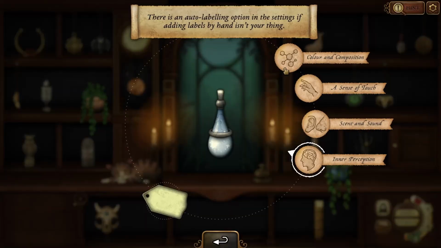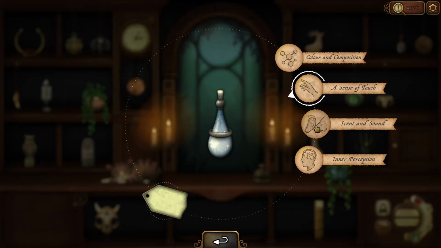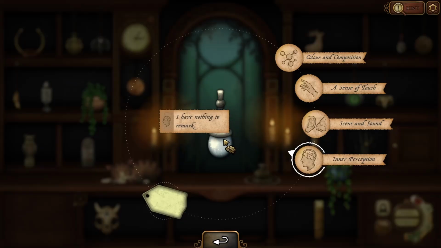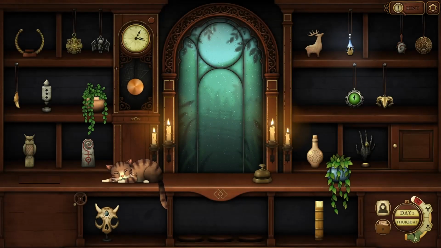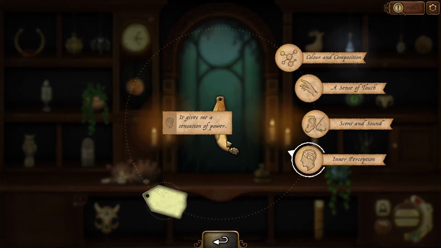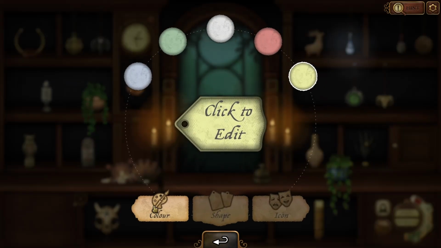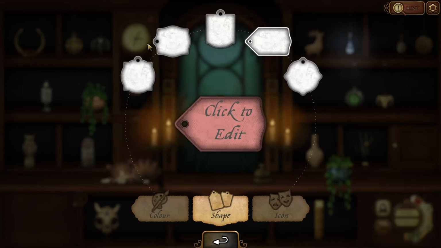I want to take a look. A pearlescent blue glass. Cool and smooth. I think that's what that is. Well, we know what this one is because, yeah, this is the... oh, we can... so when I did this earlier